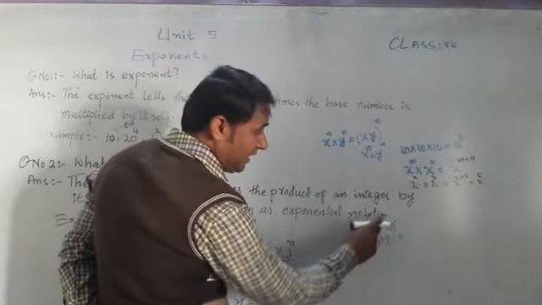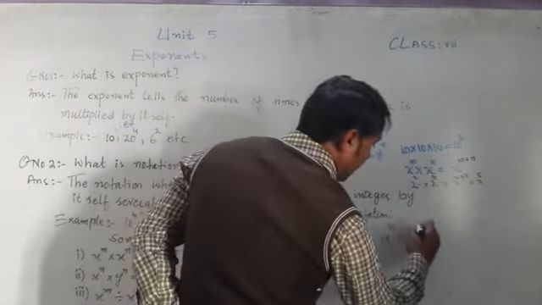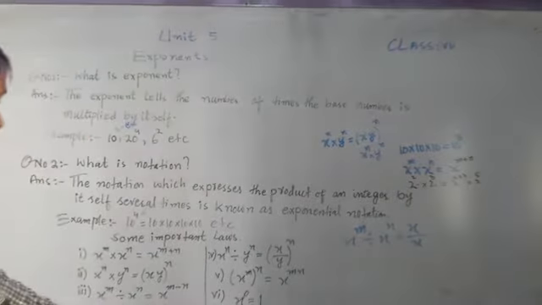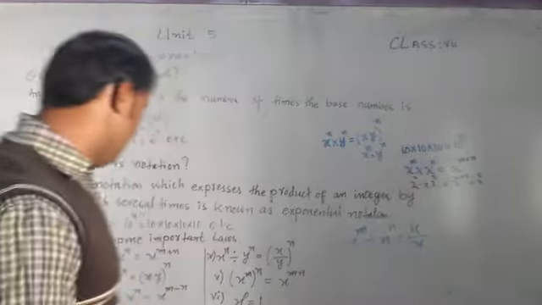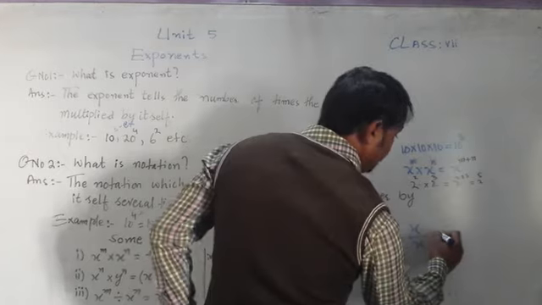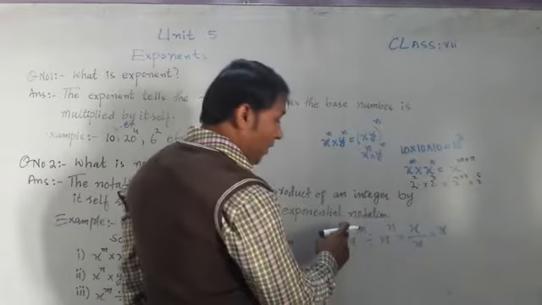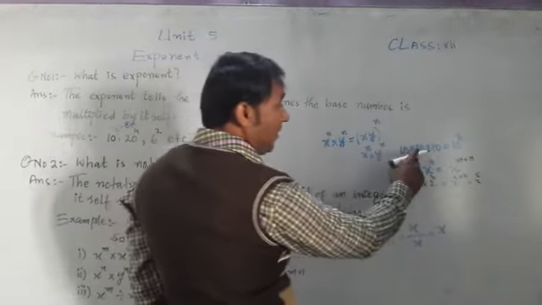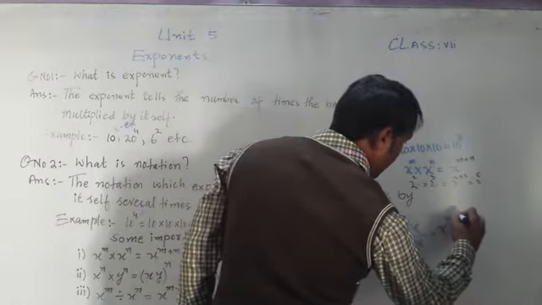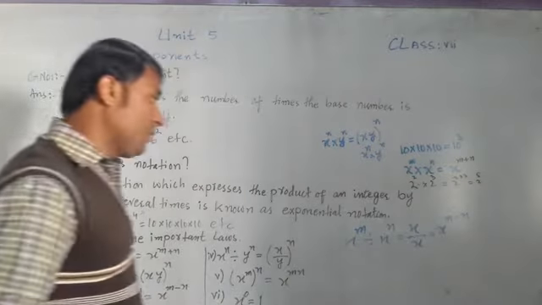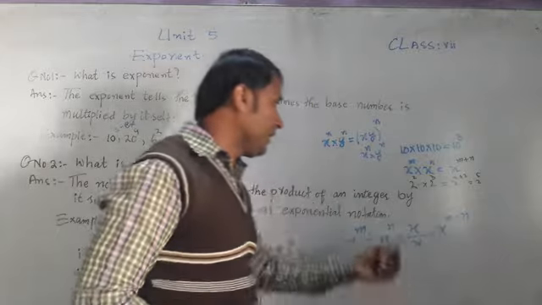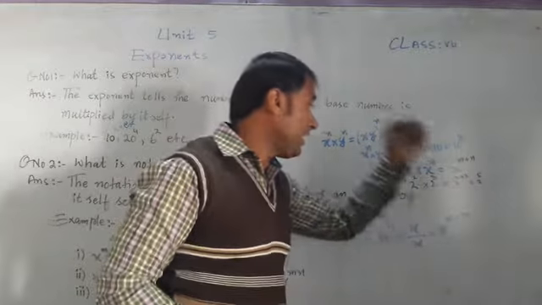Here the powers are different, so we will write it in the form of a fraction. How do we write it in fraction form? x down of x, or you can take a single x, just x powers. In a multiplication, we add the powers; in a division, we subtract the powers, meaning m minus n. From m we subtract n. In division form we subtract, in multiplication form we add powers.